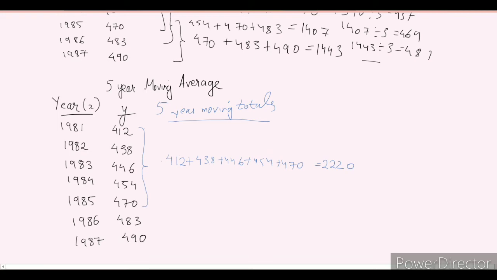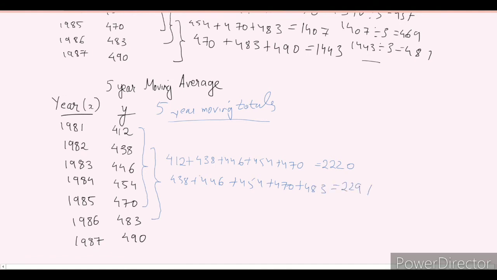Then we move to the next group of 5 years, from 1982, 83, 84, 85, 86. 1984 will be your middle year this time, and you add the values. We have 438 plus 446 plus 454 plus 470 plus 483, and what you get is